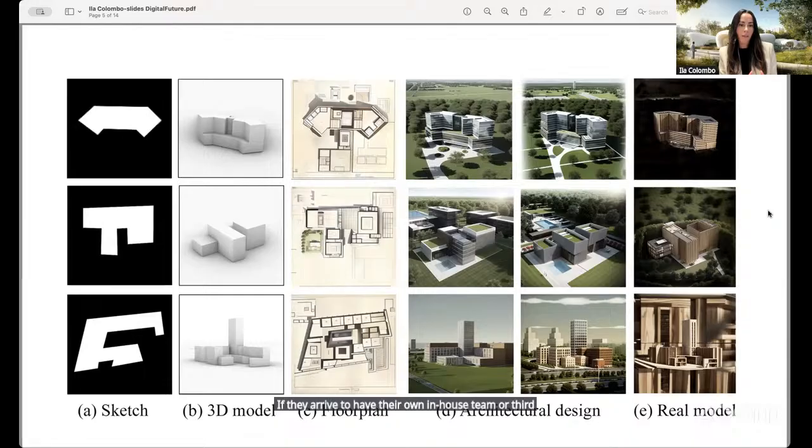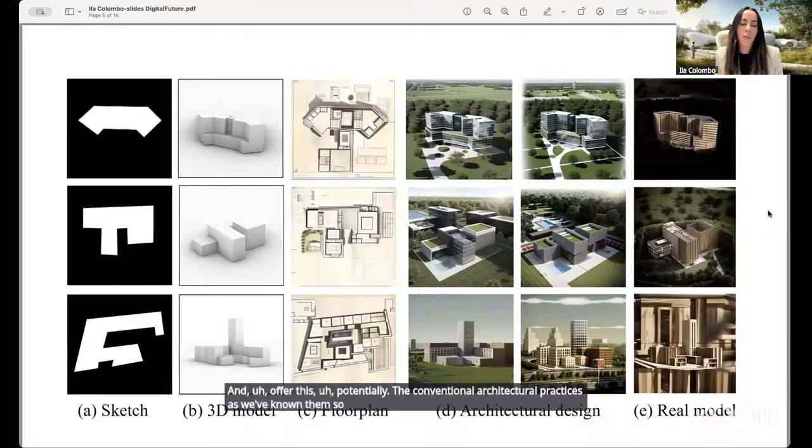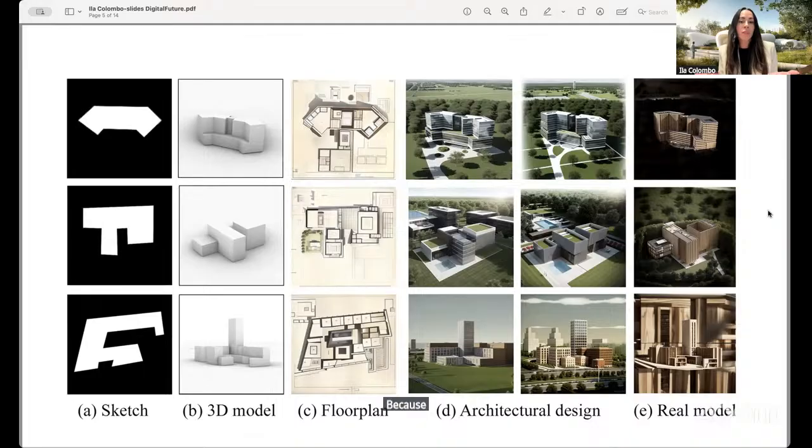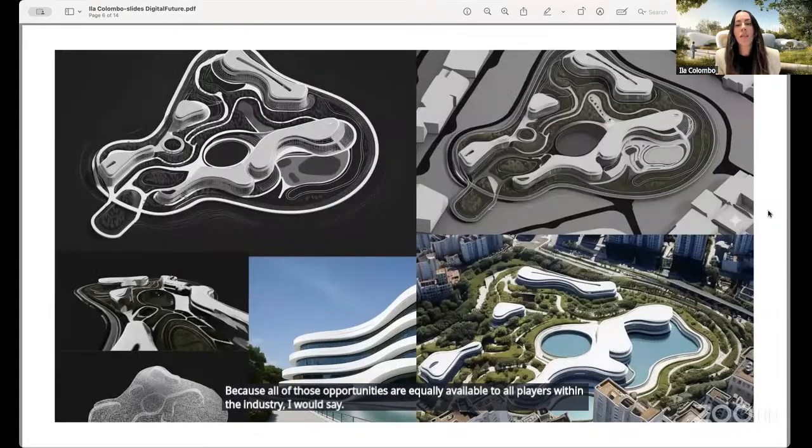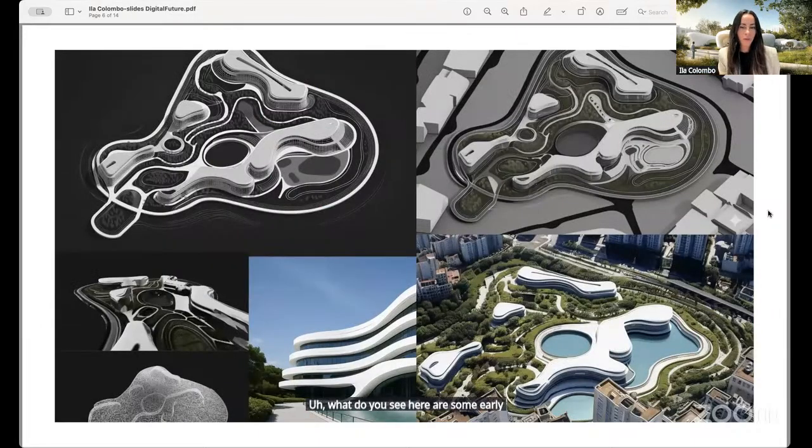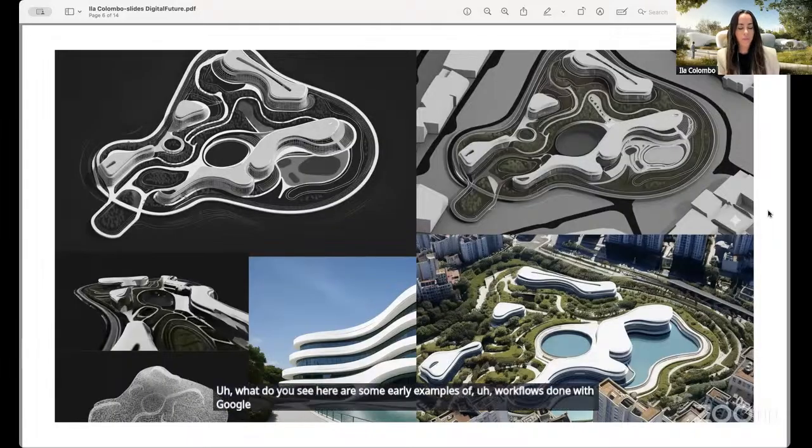So unless architects are able to leverage this and offer this, potentially the conventional architectural practices as we've known them until now may disappear, because all of those opportunities are equally available to all players within the industry, I would say. What you see here are some early examples of workflows done with Google Flash 2.5.